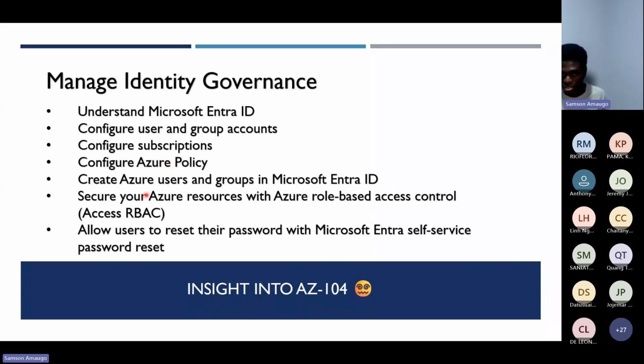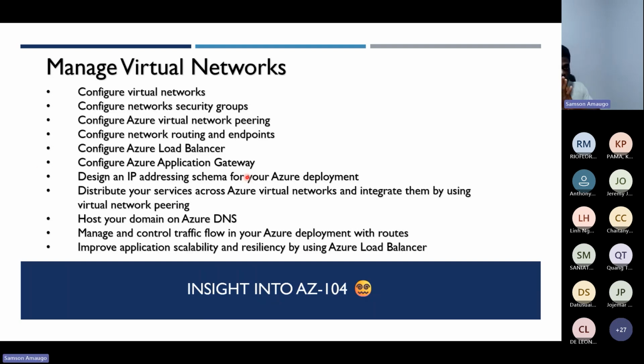Then the other things here, like setting up role-based access control and how to reset passwords using Microsoft's Entra self-service password reset. Then the next thing we have here is managing virtual networks. And under managing virtual networks, you have to be familiar with